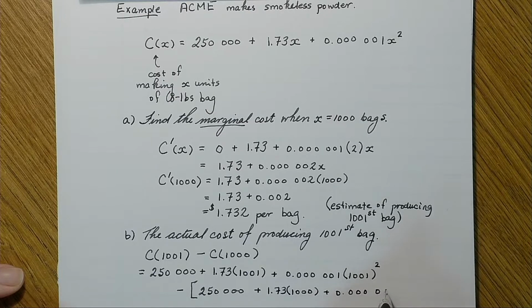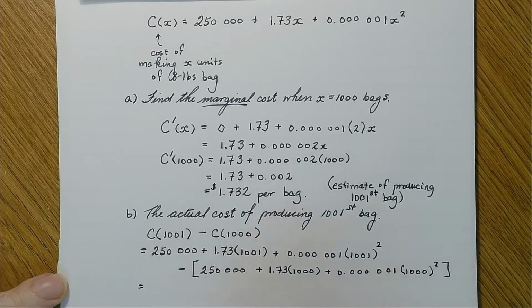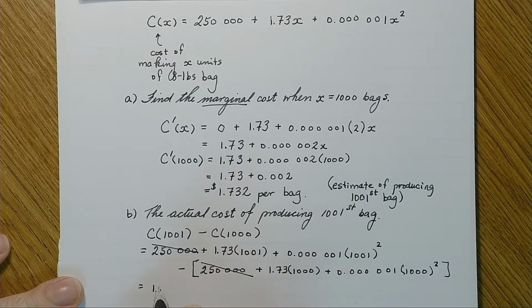I'm just writing this out. It is long. There we go. And when I work it out, that cancels. Okay, so when I do that, this cancels. I get 1.73,